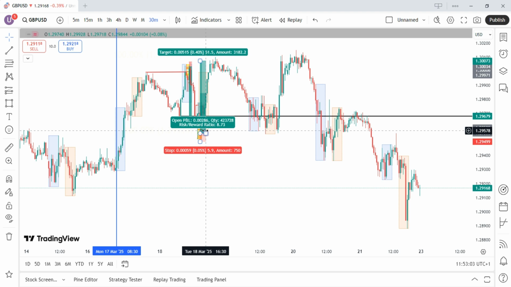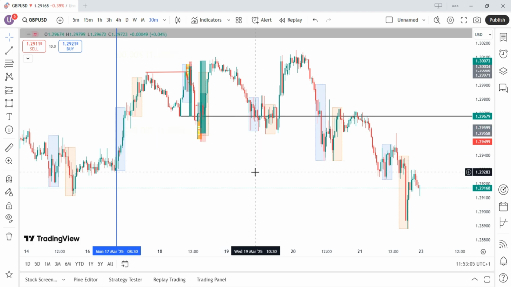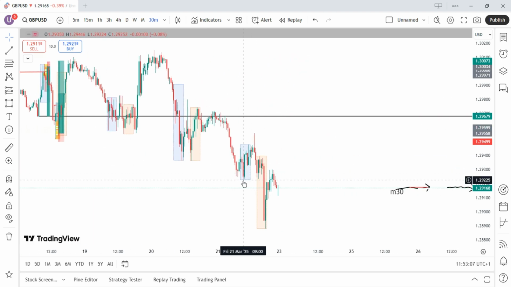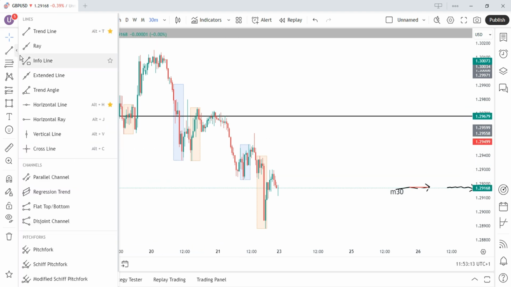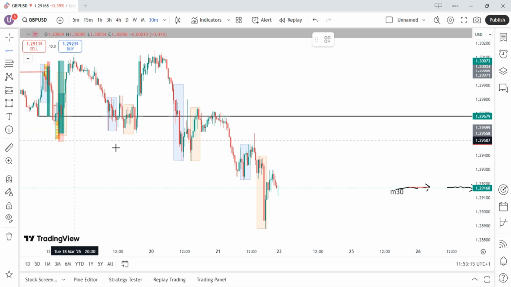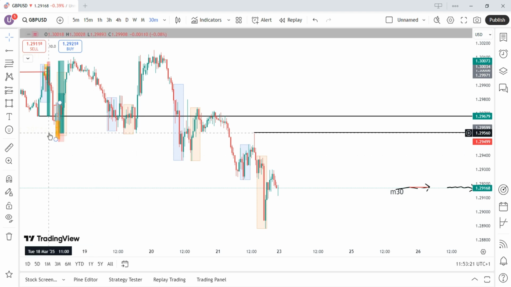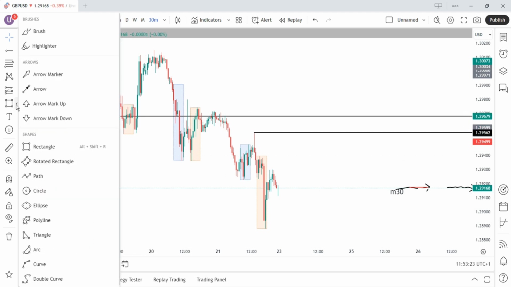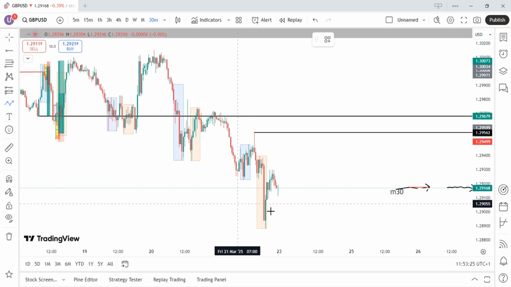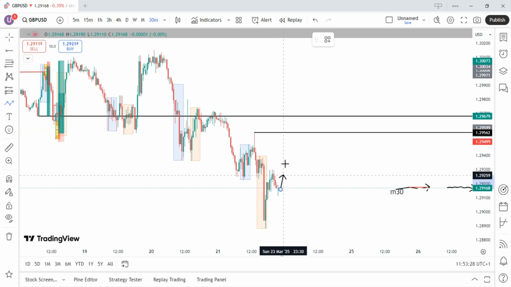Going forward, let me show you what will happen next week as the market opens on Monday. Now look at this liquidity here. Wait for price to come and run on this liquidity. See where I'm pointing. If price runs on this liquidity on Monday, what do I mean? If price trades above this zone on Monday,